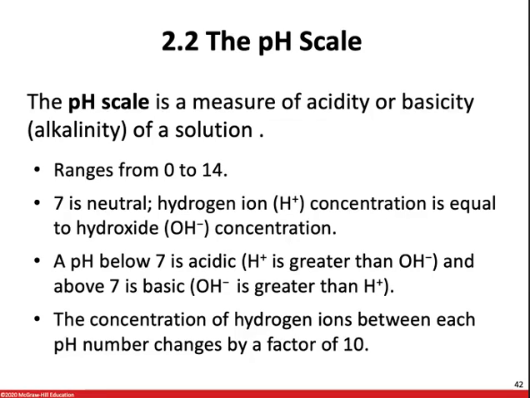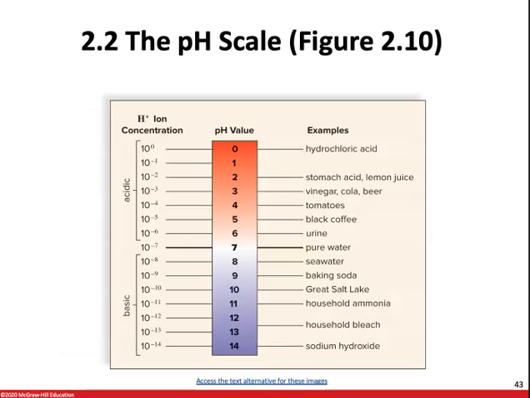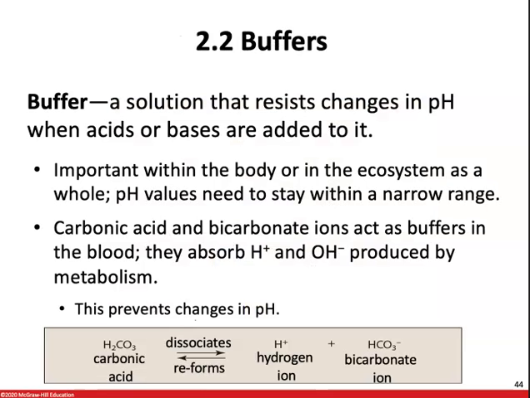It's very important that organisms are able to maintain a standard pH to help maintain their homeostasis. And this is going to be done through the aid of buffers. A buffer is a chemical or a combination of chemicals